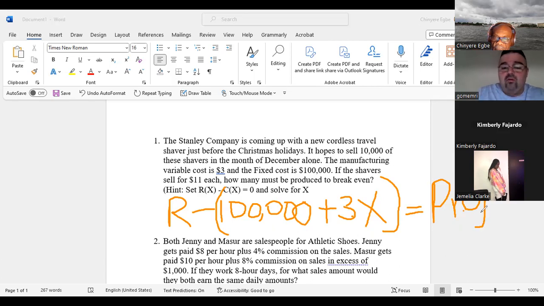Okay. So that's your profit: revenue minus your cost. Now you can see I put the cost in bracket, because everything inside the bracket is what you're going to subtract from your revenue. So what is your revenue? Your revenue is going to be the number of shavers that you produce times the price of the shavers. Okay. So your revenue will then be